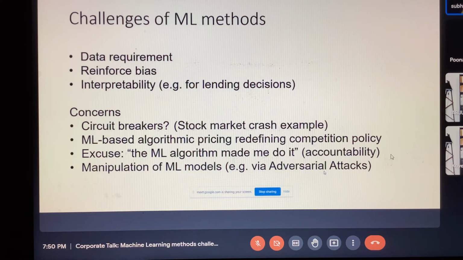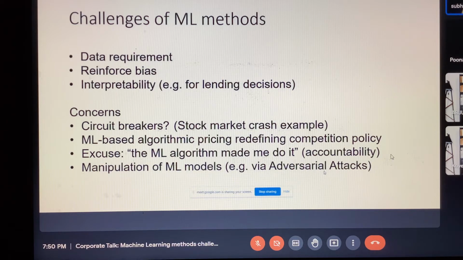Now, the human has also learned over years of recognizing people. So in that way you can say the human has already taken in a lot of data. What I'm trying to drive home is that one of the challenges of machine learning methods is the data requirement. Though there are some methods, such as one-shot techniques, and techniques which can take on few-shot learning too. So give it a few shots of data, and it can still recognize. There are some machine learning models which can work on less data too, and those are called one-shot learning and few-shot learning. That's also there. However, broadly, they need a lot of data.